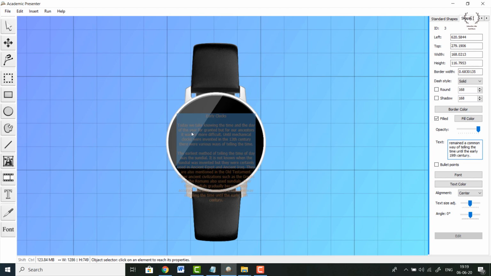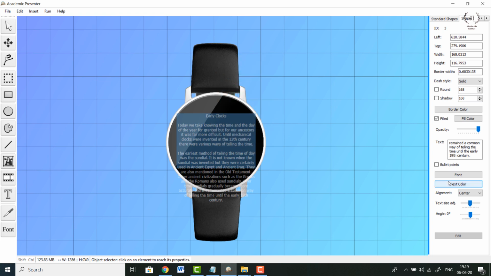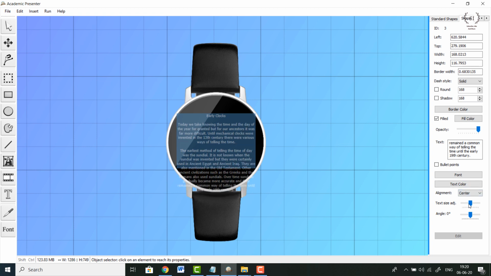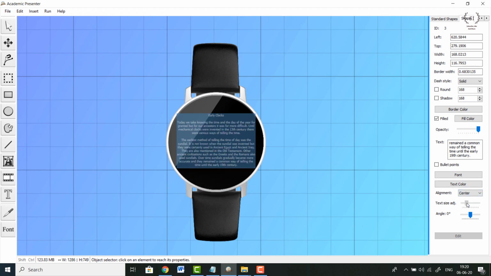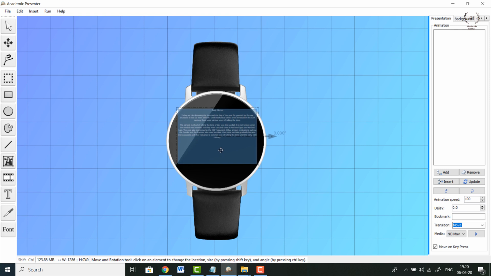Okay, now you can see it's not clearly visible. What to do next? Yes, you know it pretty well. You can click on this text color tab, give it a white color so that it's visible now, but again the text is moving out of the text box. So I can reduce the size from here. You already know how to do it, right? I want the text to be of this much size. I don't want the people to read the dial from the very first screen. I want them to zoom into it and then only they would be able to view exactly what is hidden in that dial, right?